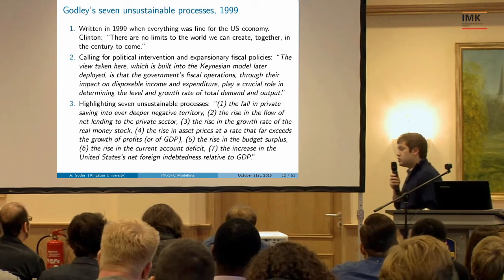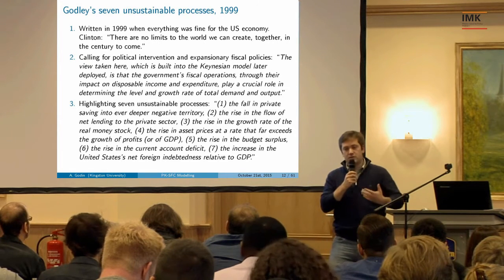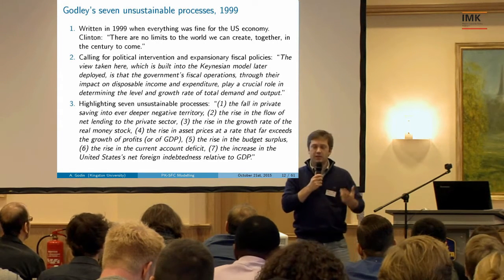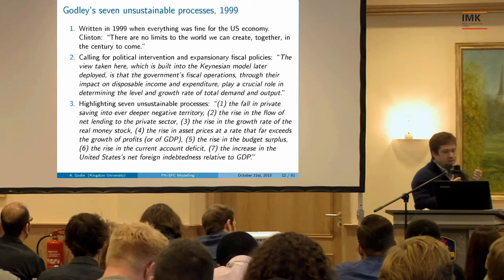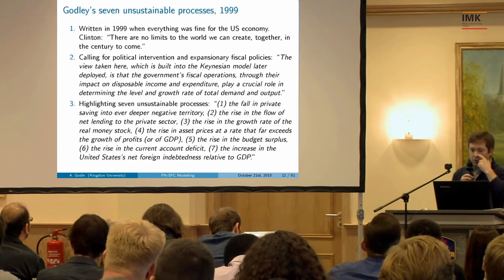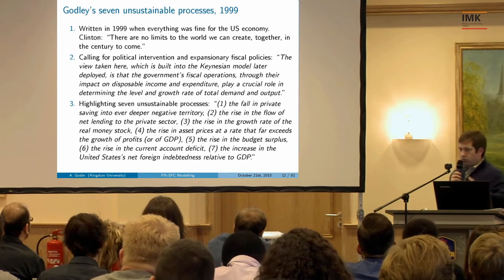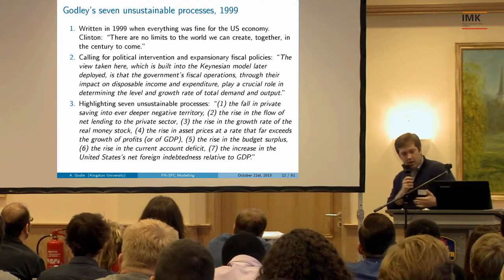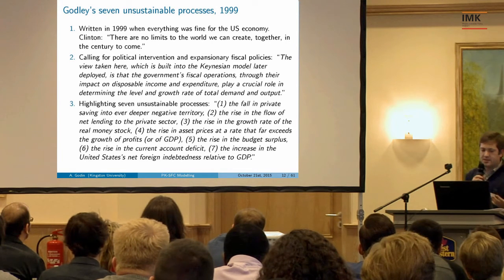So the private sector, which usually is seen as the borrower, these are the guys that are supposed to invest and take money from the savers. The private sector was actually net lending. The rise in the growth rate of real money stocks. So expansionary monetary policies. The rise in the asset price rate that far exceeds the growth of